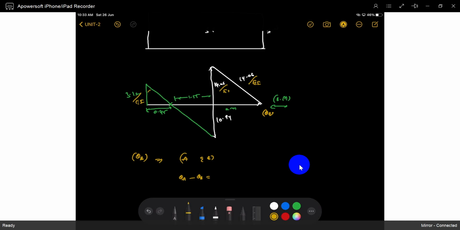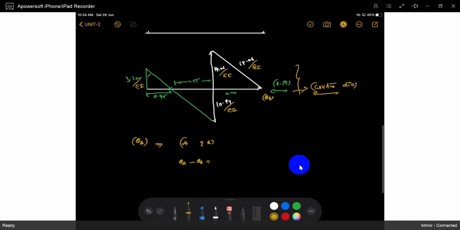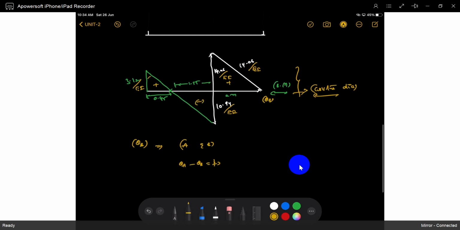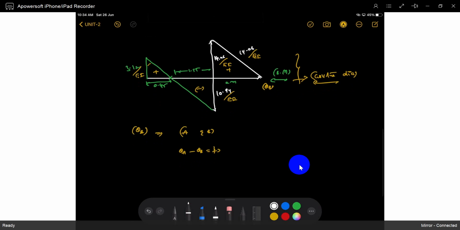So everything is A. This is now a curvature diagram. It's a curvature, not a diagram, curvature values. So take it and find out the area. One thing, take this one as positive, and this one is negative. Can you calculate it? It is easily calculated. Since theta A is 0, you can get theta B only.